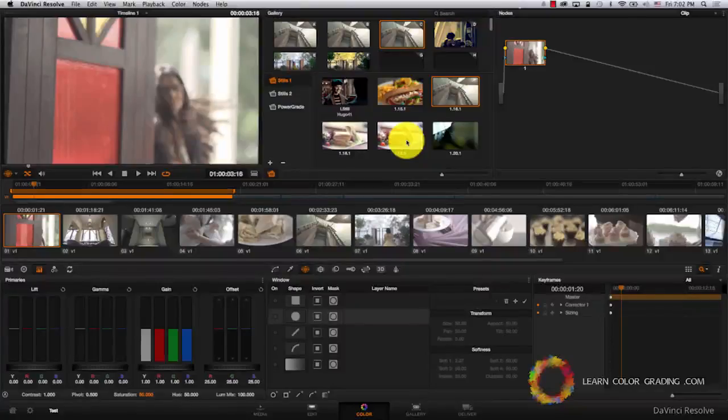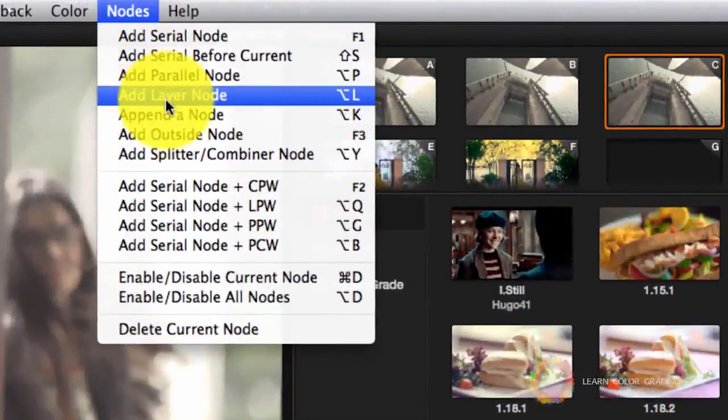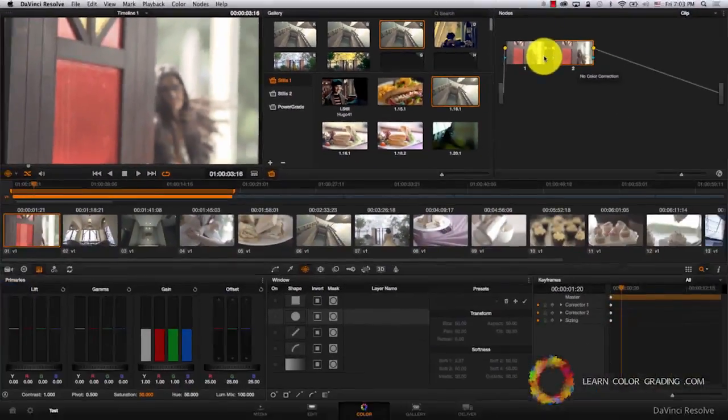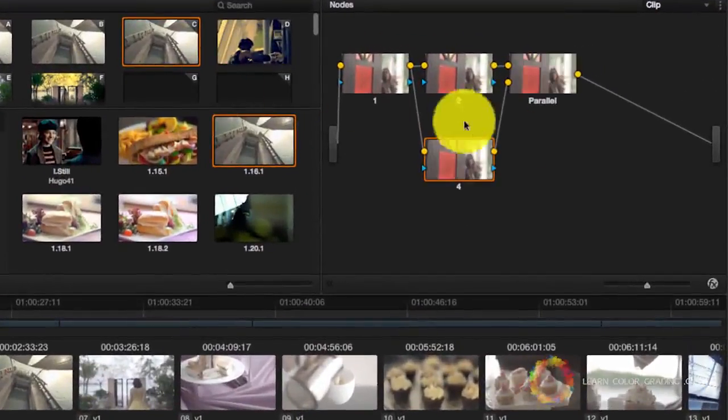Parallel and layer nodes. Two of the important types of nodes you'll be dealing with are parallel and layer nodes. What's the difference? In order to add a parallel node, I will click on the second node here, number 2, and go to nodes and add a parallel node. Now, we have a new node here that's created under 2, which is node number 4, and we'll have a